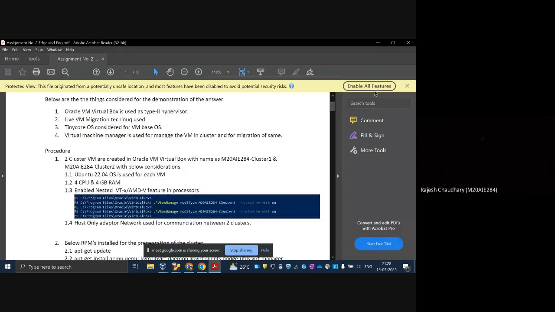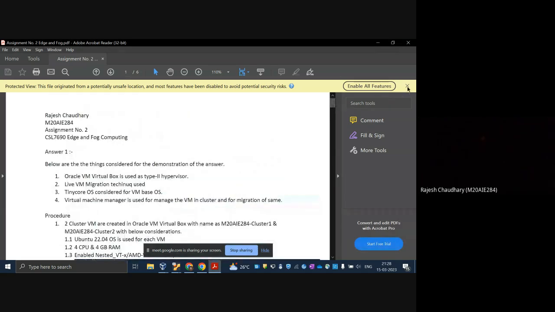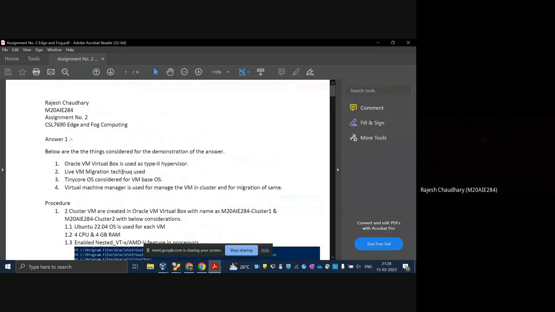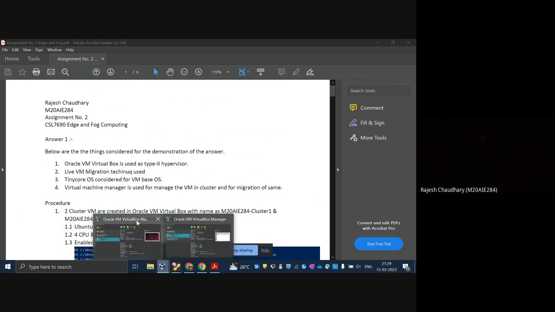So I have considered the below things while performing this demonstration. I have used VirtualBox, which is a type 2 hypervisor, and I have used the live VM migration technique. In order to create the VMs, I have used TinyCore OS, and Virtual Machine Manager is used for the management of the cluster. So you can see that